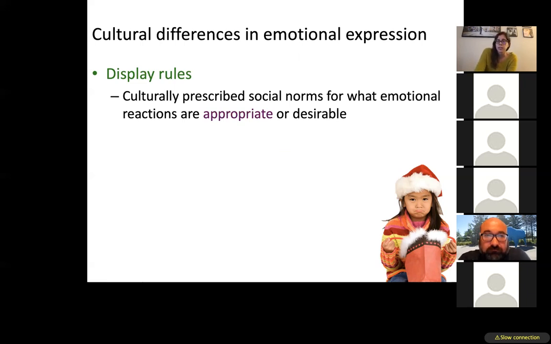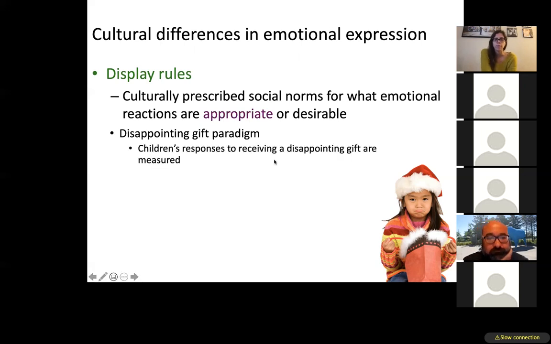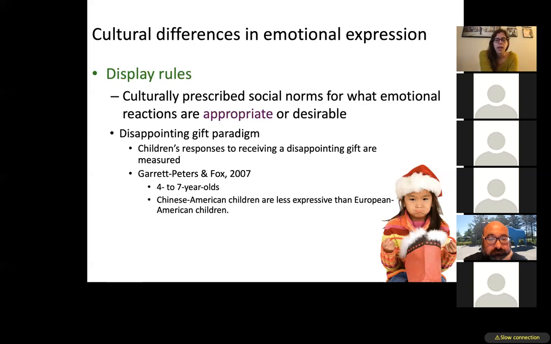And display rules can be different by culture. So there's been multiple studies using this paradigm, the disappointing gift paradigm, that looked to see how children react to getting a disappointing gift, and how that changes by age and by culture. So a child gets a gift, and then their responses of how positive or negative they are measured. One paper in particular that looked at these cultural and age differences is this Garrett, Peters, and Fox paper. And they studied 4 to 7-year-olds. And what they found,